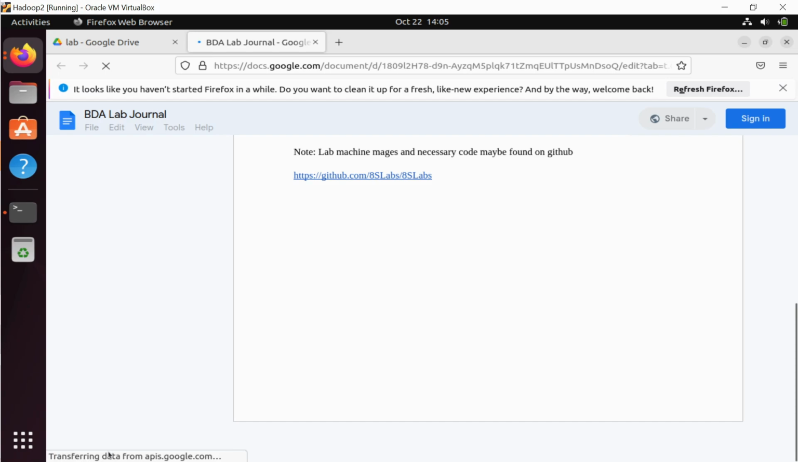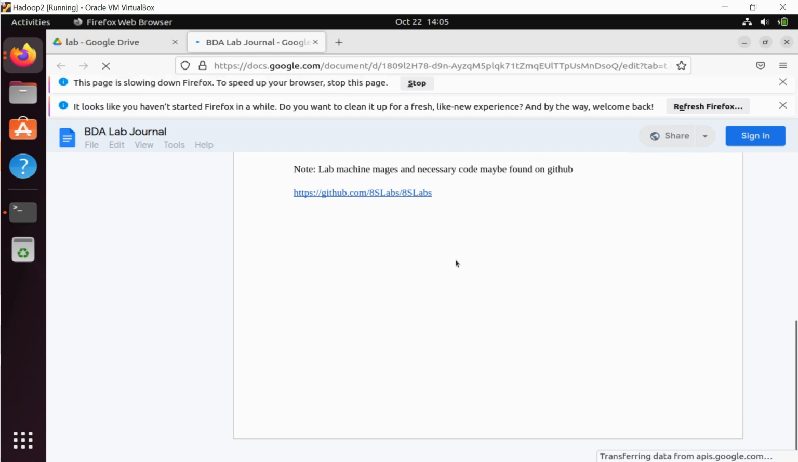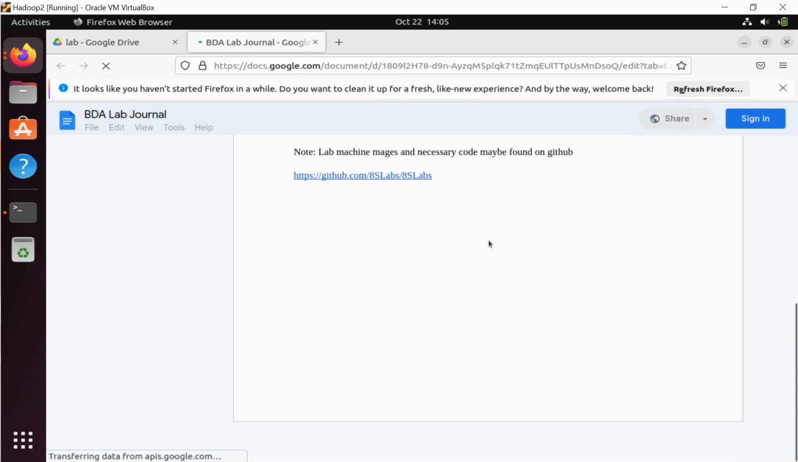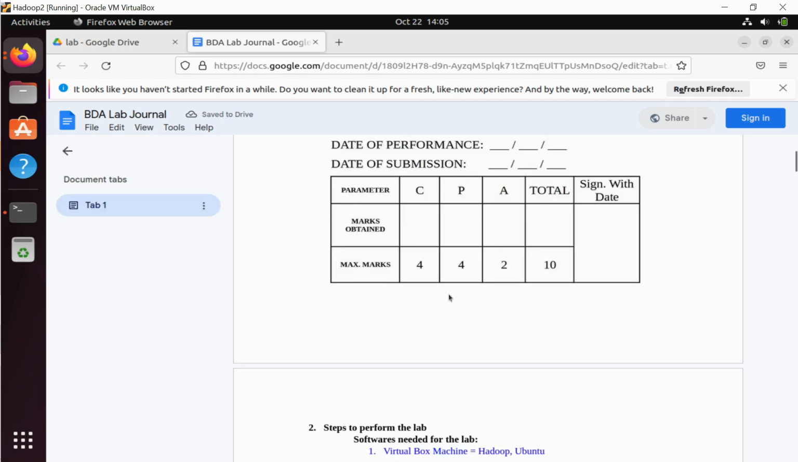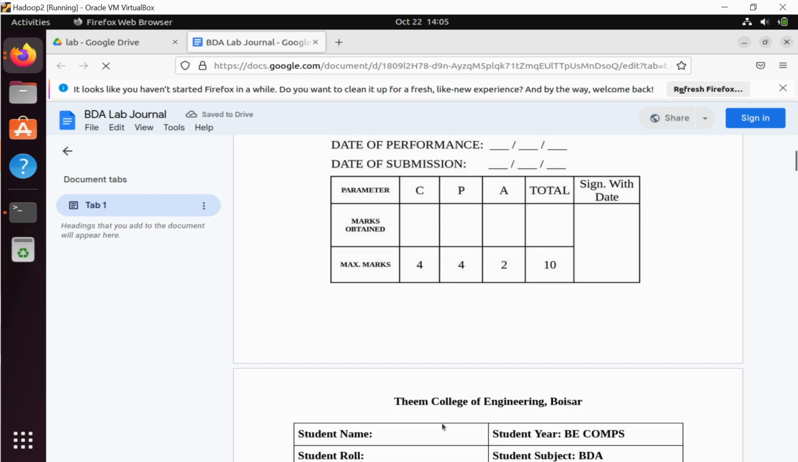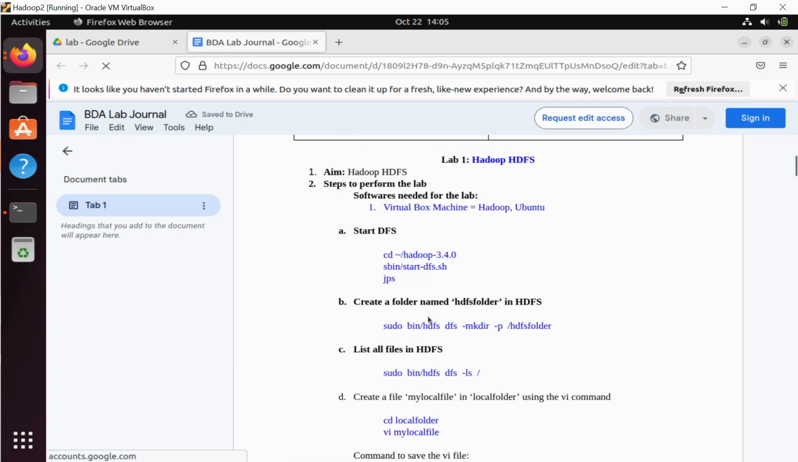So it's transferring data, means it's trying to download the file. Okay, so we have a command over here, and we'll right click and copy, or press Ctrl C, it should probably work. So now that I've copied, I go back to my terminal,